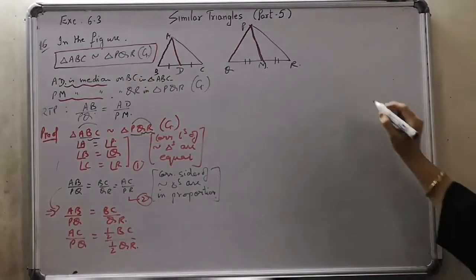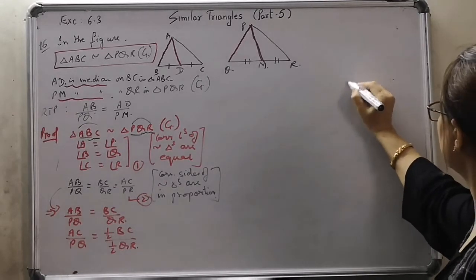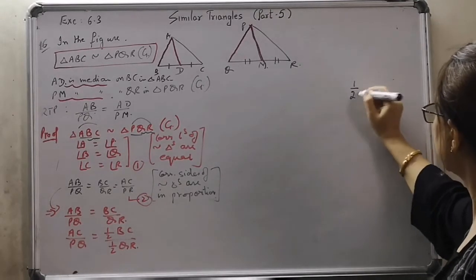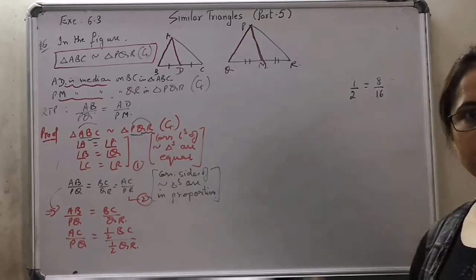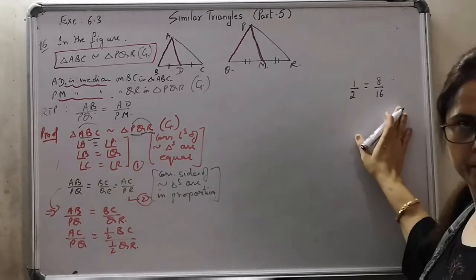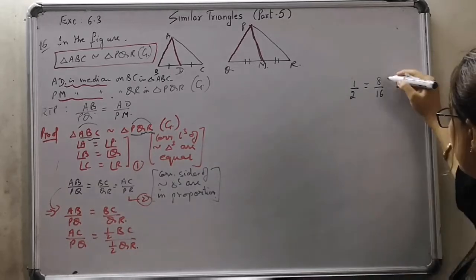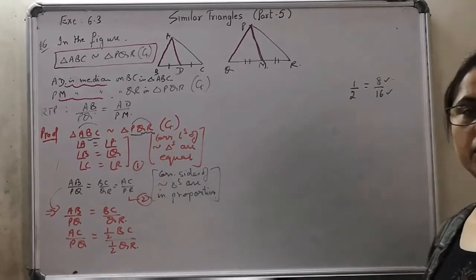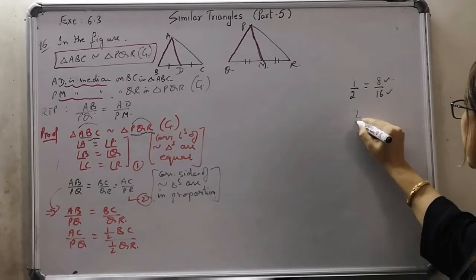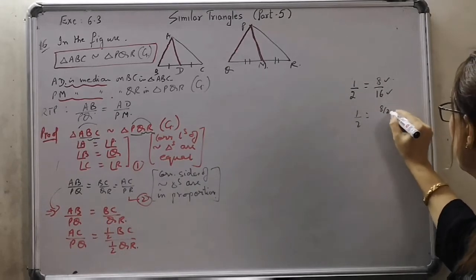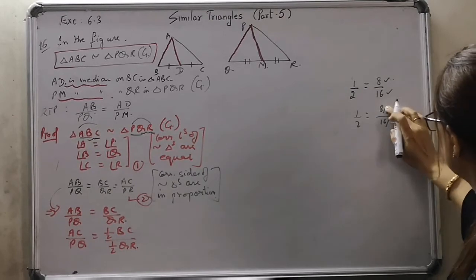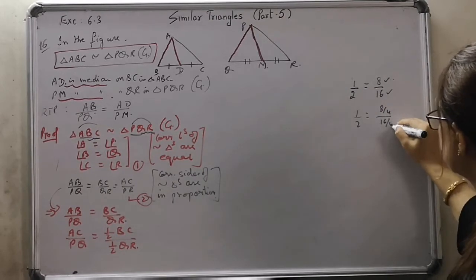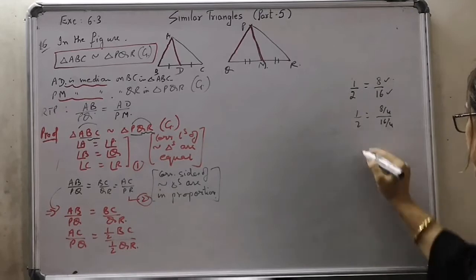way. For example, मेरे पास एक रेशियो है 1/2 and I'm saying that this is equal to say 8/16. As you can see, this is true because 8 2s are 16. Now if I divide both sides of this by 2, what will I get? 1/2 will be equal to 8/2 upon 16/2. I'll not divide by 2, I'll be dividing by 4 this time. Same number से divide कर रही हूँ both numerator and denominator.